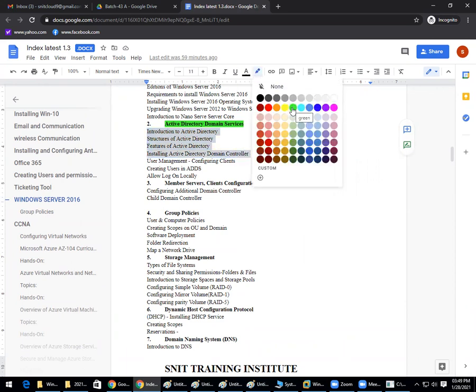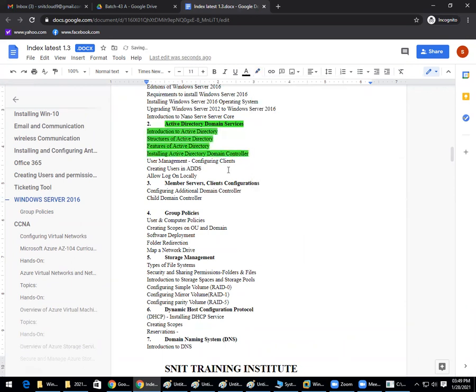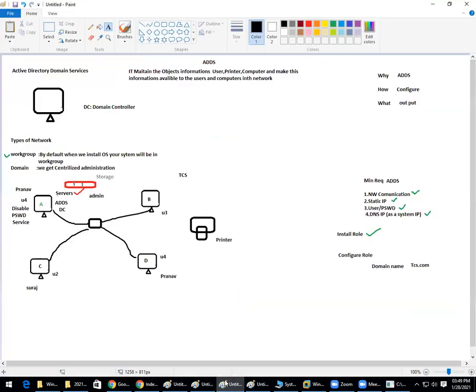That's it. For tomorrow's class, we are going to create and configure client users and allow them to log on, in the scenario which I have explained. If a user is created here, Pranav, he has to log in. But as of now, we did what we had to configure at this part level. Clear on this? Any doubts, you can ask me.